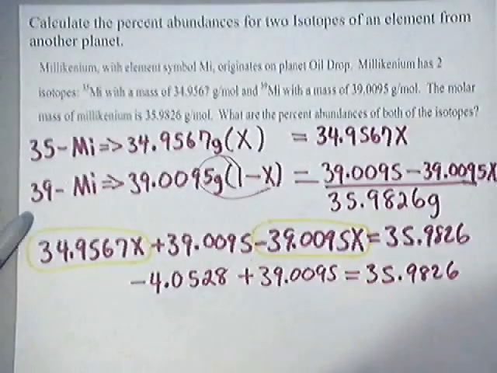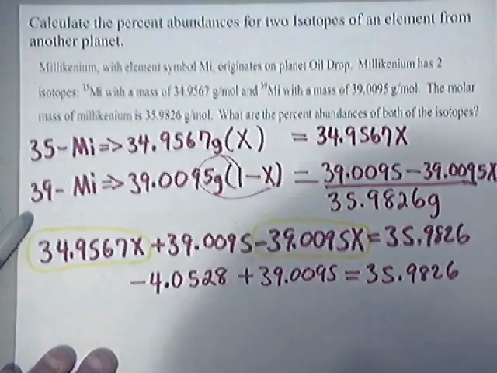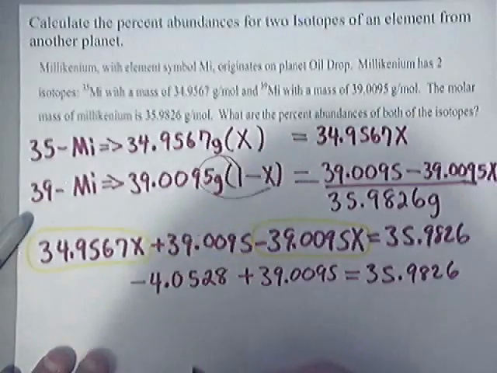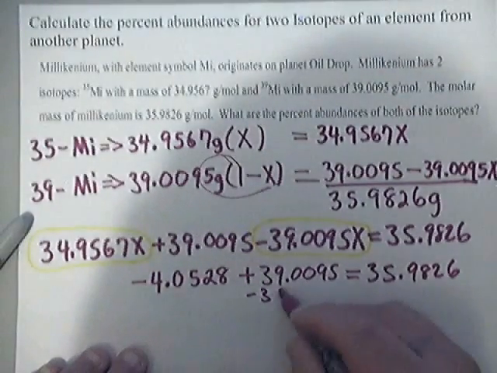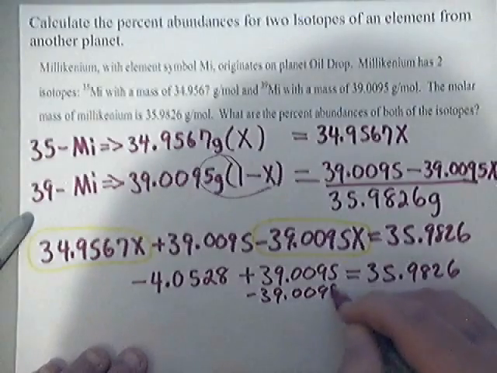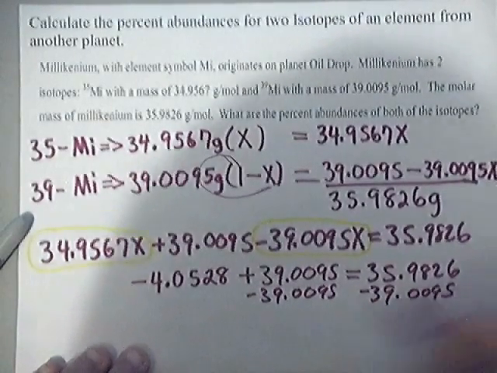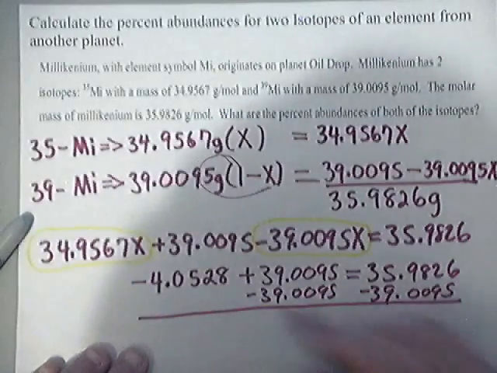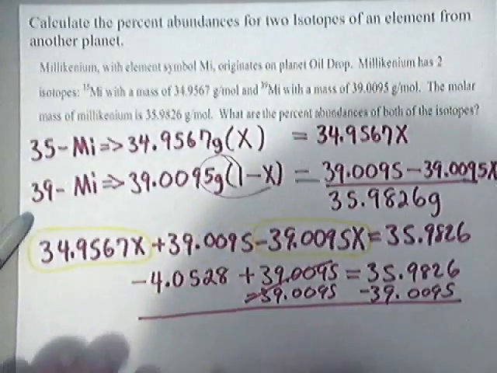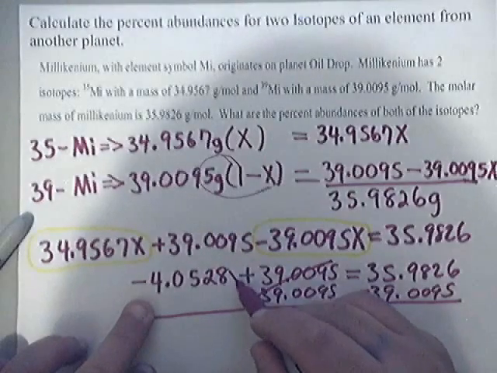Now we need to move this 39 over here. We do that by subtracting both sides by 39. So I subtract 39.0095. You subtract both sides by that, 39.0095. Anyway, that way the left side will just have this. Oh, I forgot my x on there. Sorry,